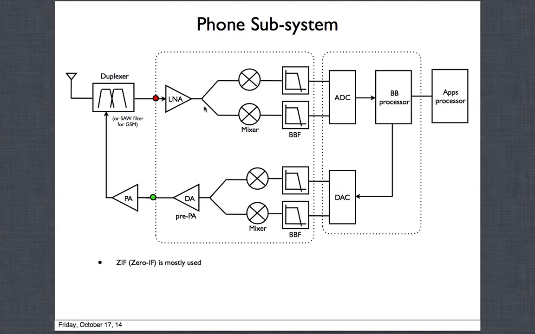People used to talk about a lot of problems with 0 IF, like there is a lot of DC offset. Well, we still have DC offset, but we calibrate it out. There is an automatic calibration that happens in these phones. The 1 over f noise for most devices is very high, and how do we overcome that problem? Those have also been overcome by doing the designs where your noise is lower, and also not to focus.